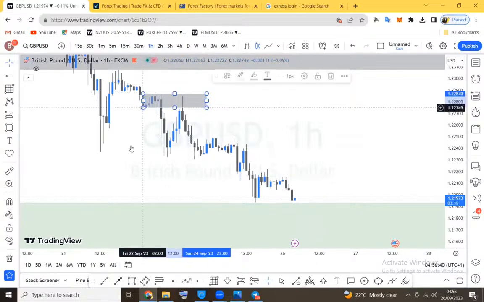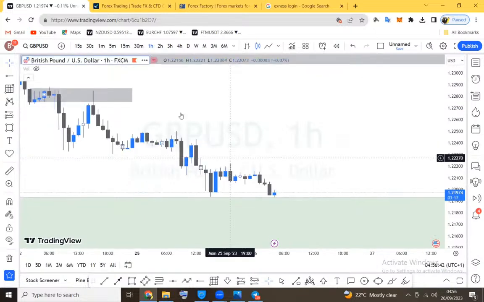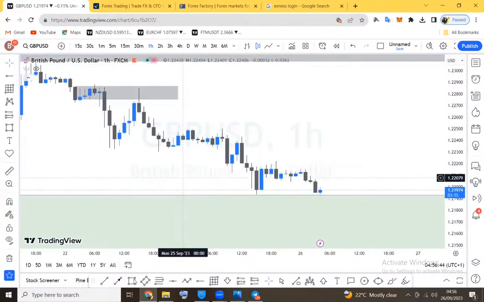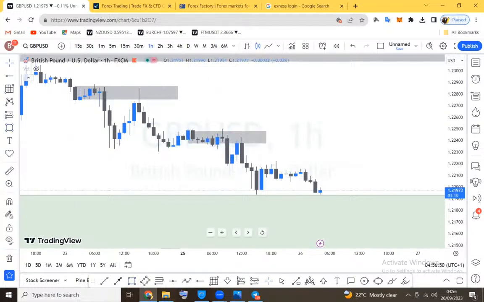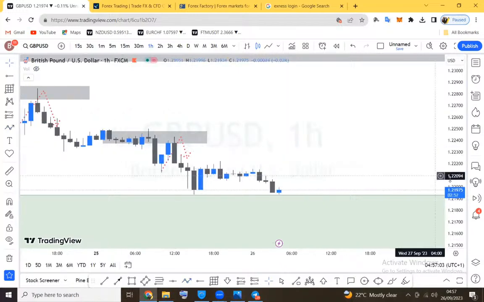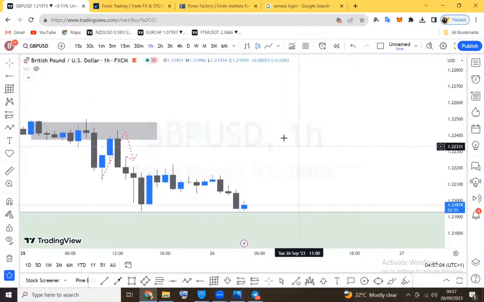So you can clearly see how the market came into the base. And again, we have another base here. The base retest technique is one of the most recent techniques that institutions are using to execute their trades. So retest into the base and sell. And as well, we have a retest into the base here and sell. And so this methodology should quickly be